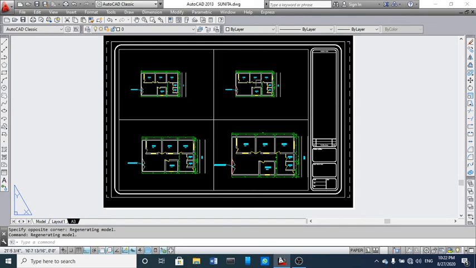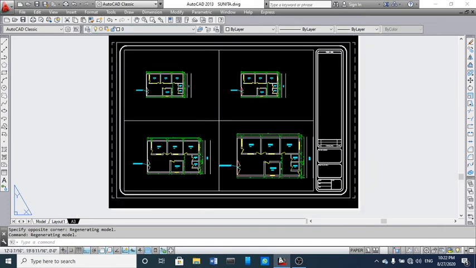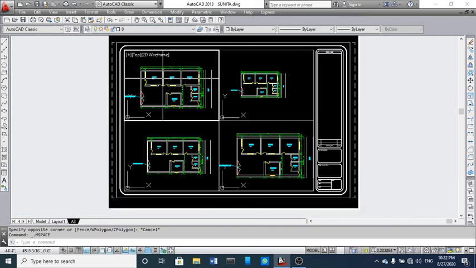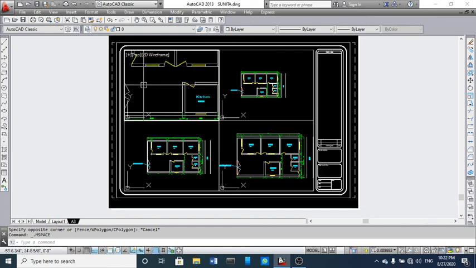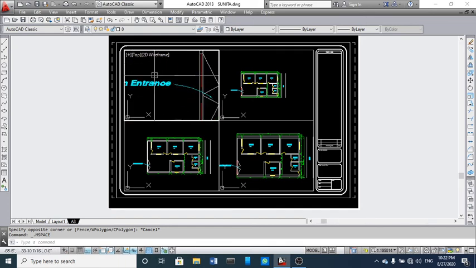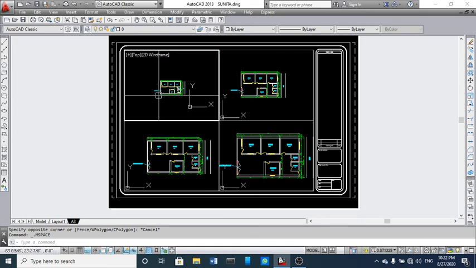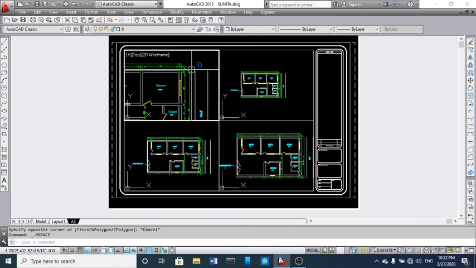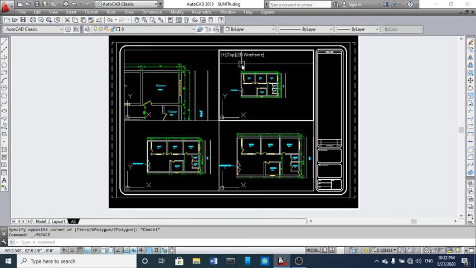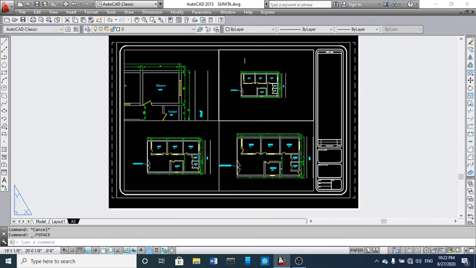You can see 4 views here. In any specific view, if you want to work, you can click here and see any specific room or any door schedule or any kind of thing you want to see, so you can choose accordingly and keep it stay. Once you lock your viewport, then it will stay completely stable at that particular view.